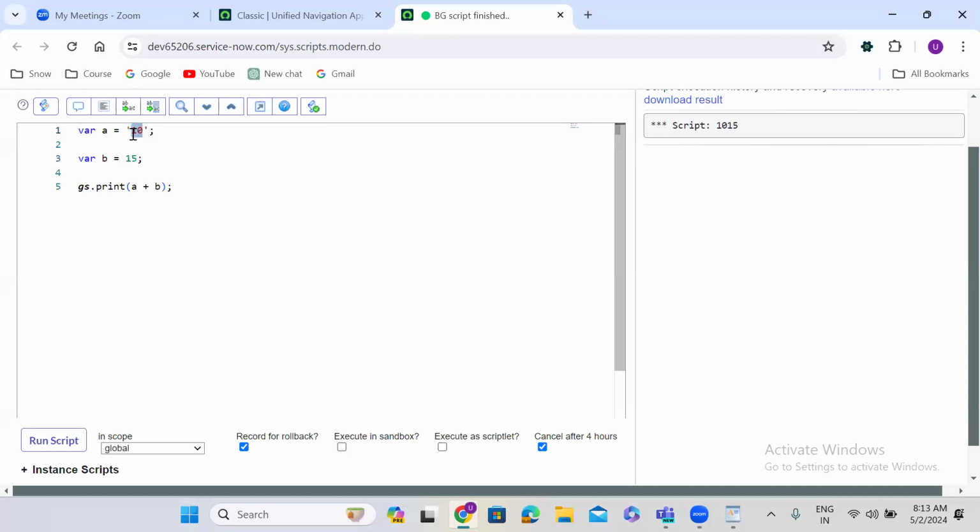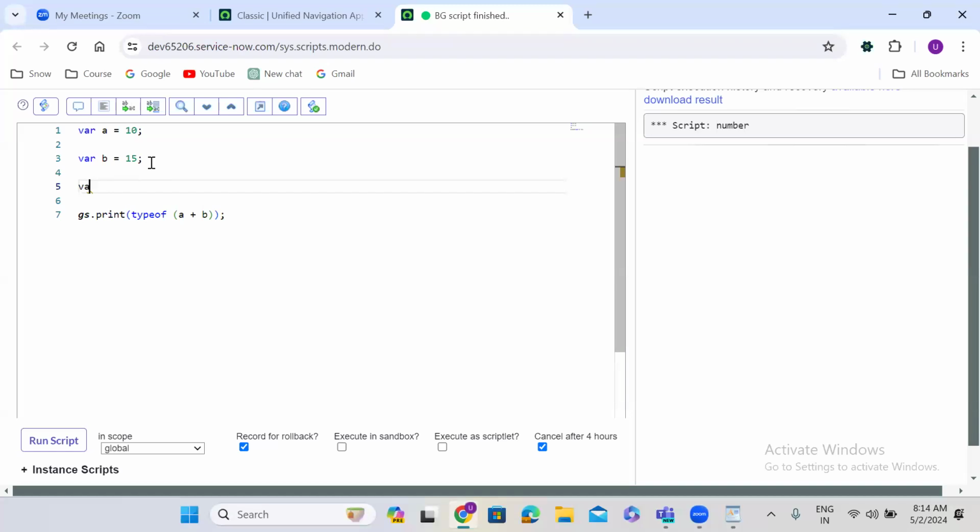Let us say here, you can see typeof, this is a string. Now let me make it a number again. This is a number, right? Now you can see the data type is number. Do you understand the difference between plus as an addition operator and as a concatenation operator? If there are three values and one is a string, finally it will be converted to a string. So I'm also taking a c value as well,